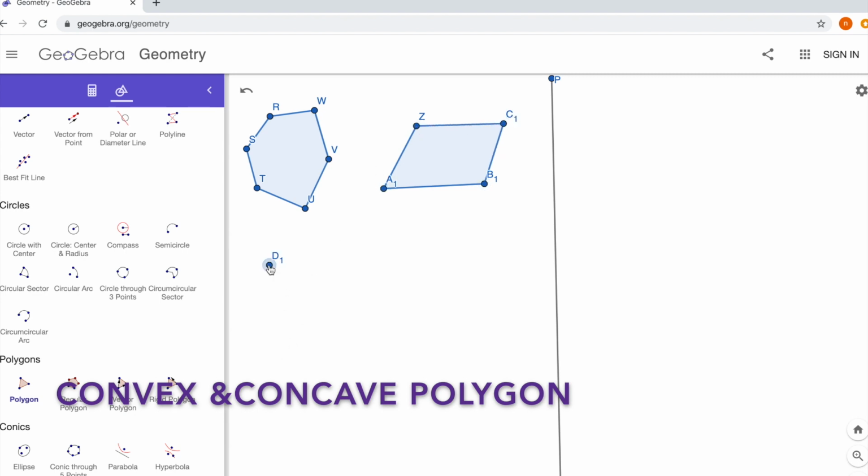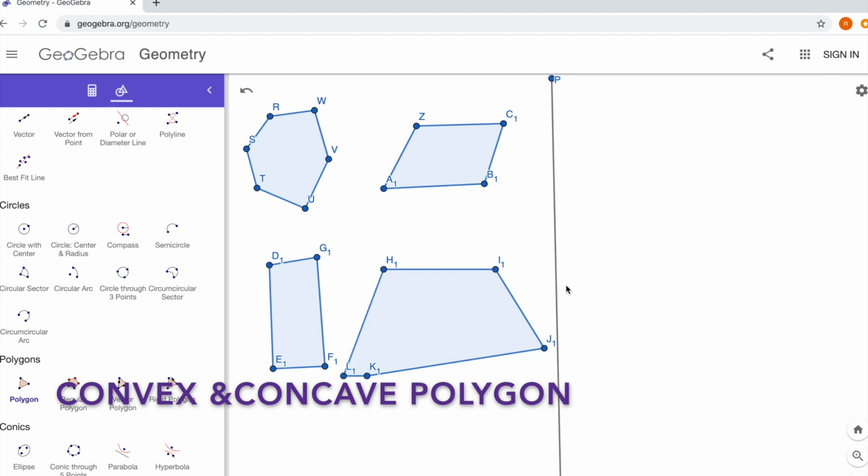I am drawing some plane figures of 4, 5 and 6 vertices. Here, a five-sided polygon. I'm joining all five sides to make it a closed figure. So five sides are there. Let us draw some more shapes with slightly different properties.